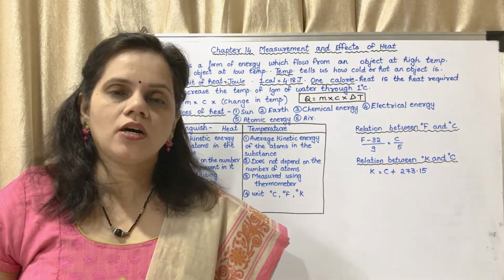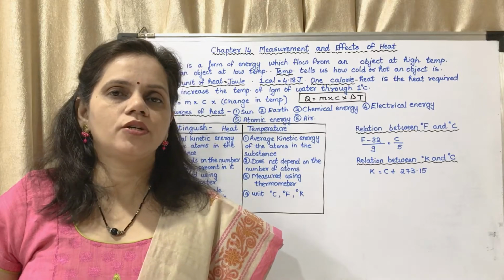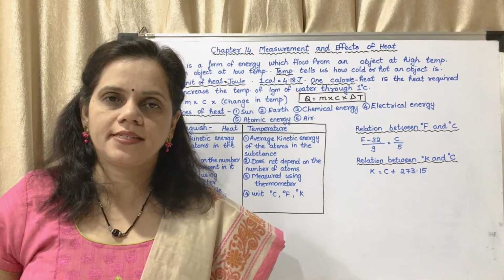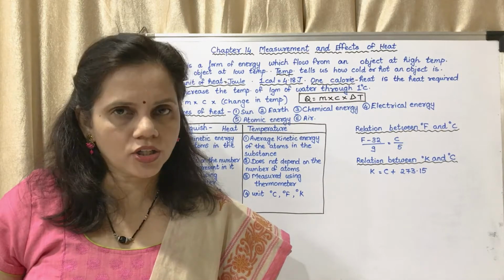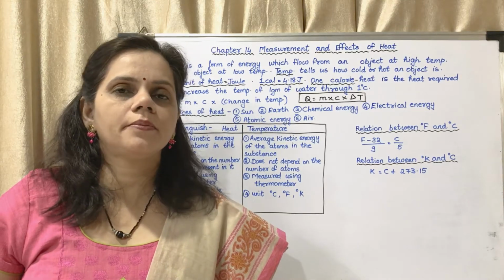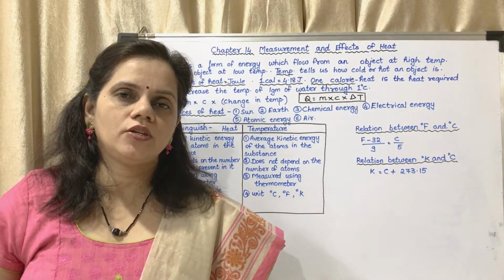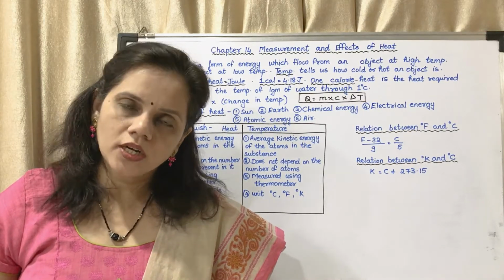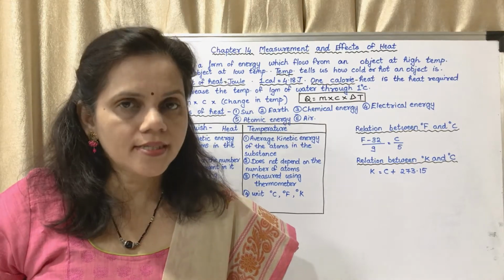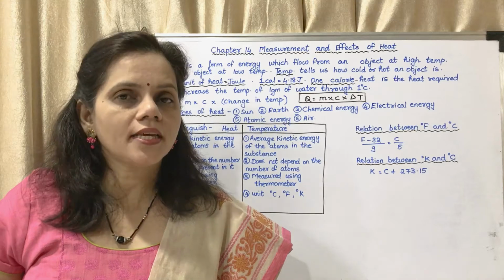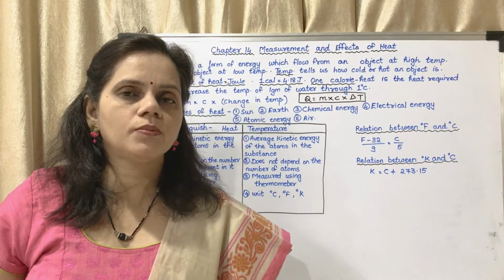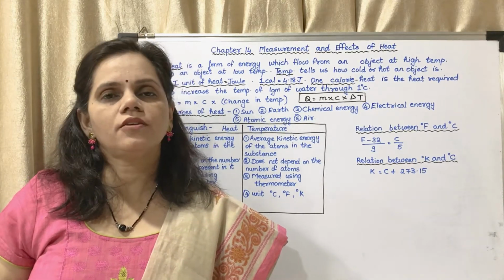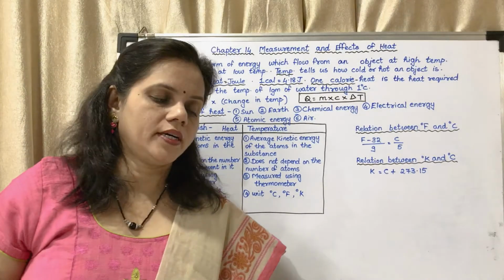Why so? Because heat flows from higher temperature to lower temperature. When you put your right hand in vessel C, your hand is already hot, so heat will flow from higher temperature to lower temperature, and you will feel your hand cold. But the hand which you had put in vessel B was already cold. When you put it in C, heat from C will move to your hand, so you may feel a little warm, not hot but a little warm. That means heat flows from higher temperature to lower temperature.